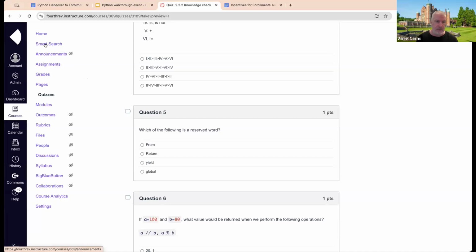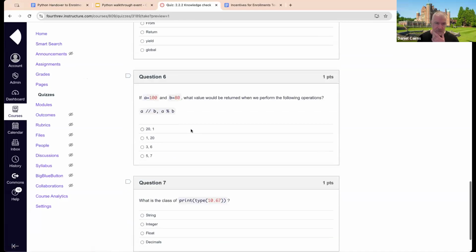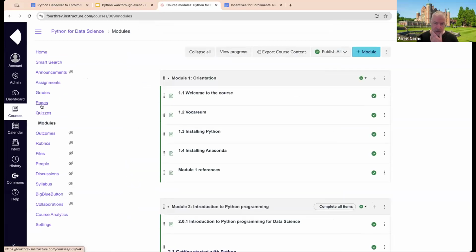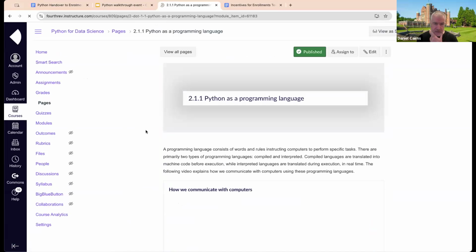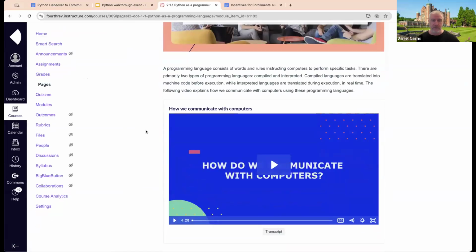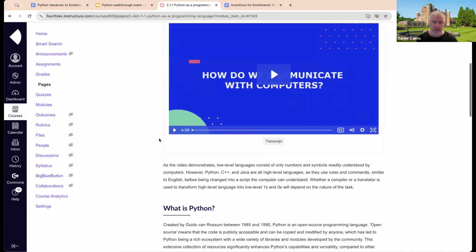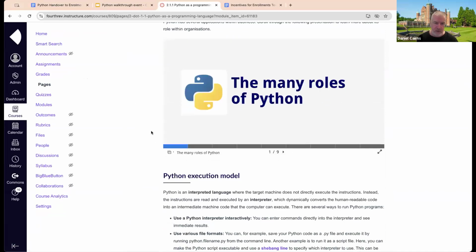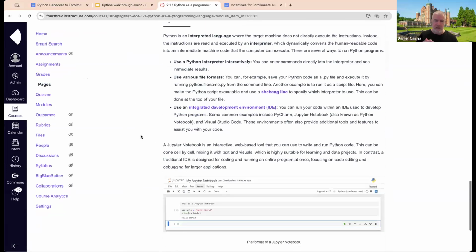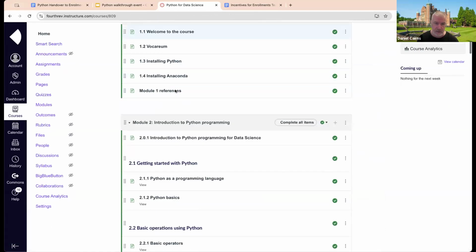So you'll see all of the different things in here to be able to look up the syllabus. You go through the rubrics, test quizzes, the modules here. Getting started with Python, we'll have a look at that quickly, using Python as a programming language. And it's really tailored to your level of Python experience. You can see that there's some video content, beginner-friendly languages, the many roles of Python. You'll see it will walk you through, and if you're intermediate, as some of you are, the quiz at the commencement will recommend that you don't need to do this, this, and this, but you may need to do this and this, for example. Just going back to the home page,